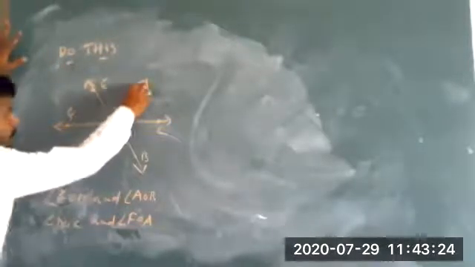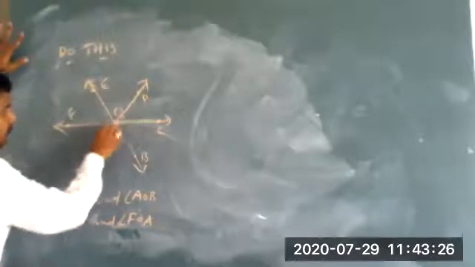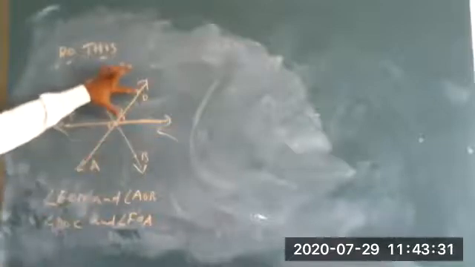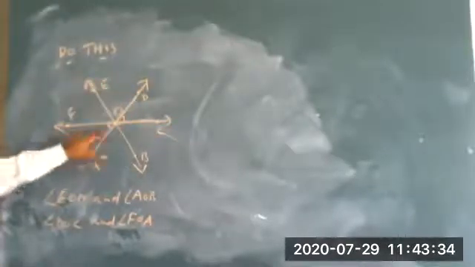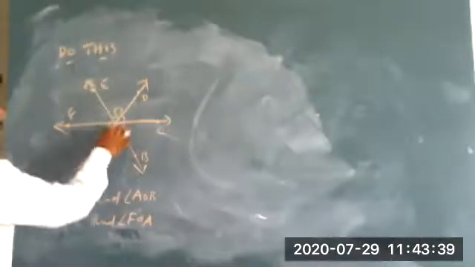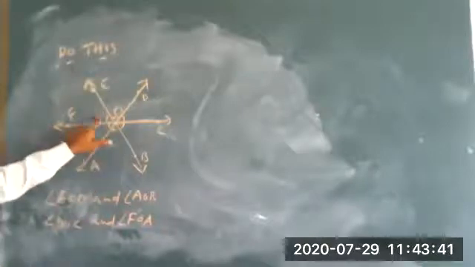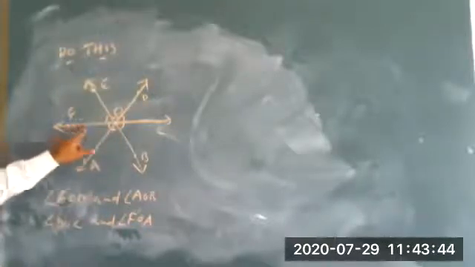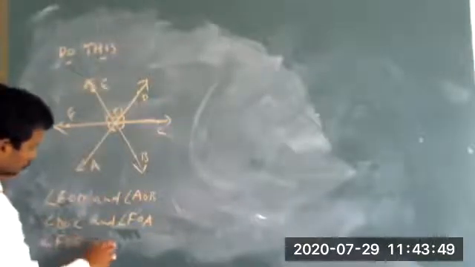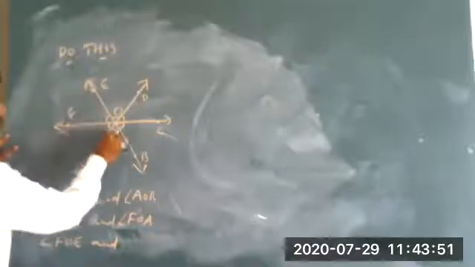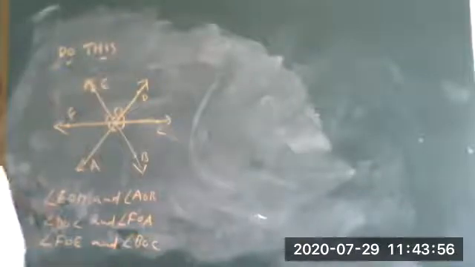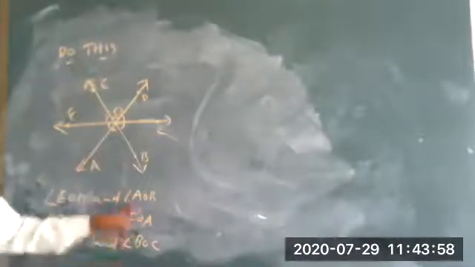See, children, this angle and this angle, these two angles are vertically opposite angles. What is this angle? DOC and FOA here. Next one, these two are completed. Now these two angles are vertically opposite angles. What about this? Angle FOE and angle BOC, both are vertically opposite angles.